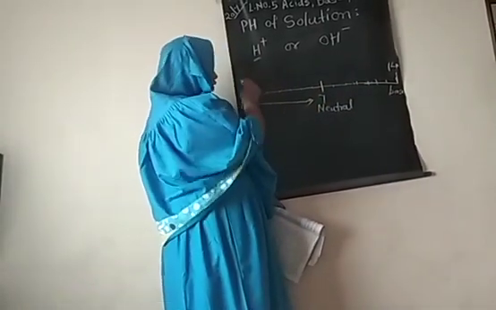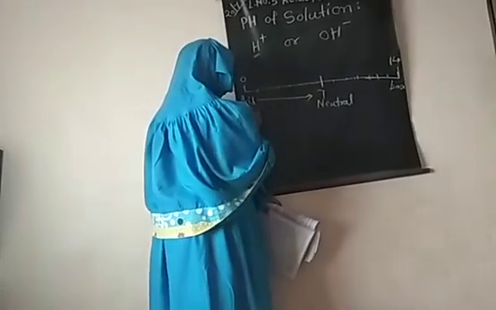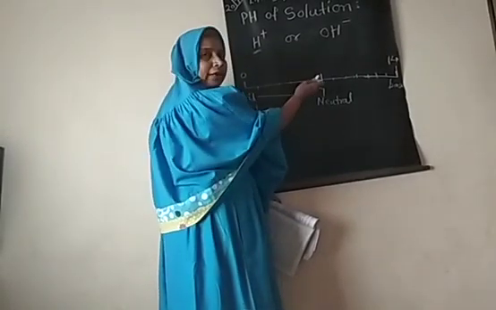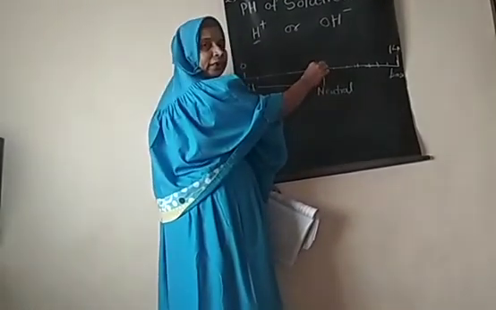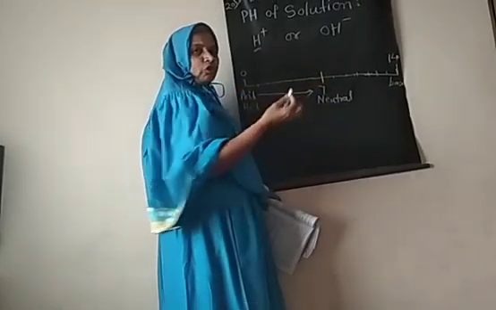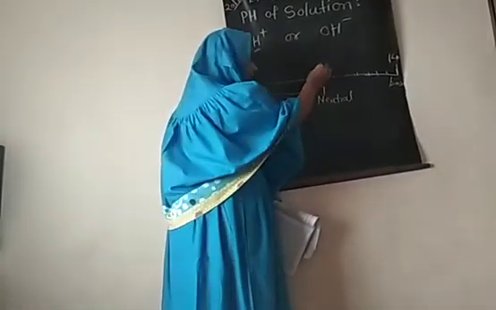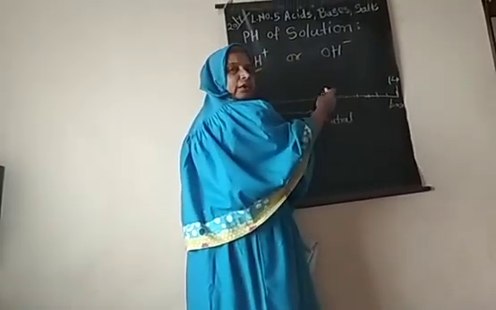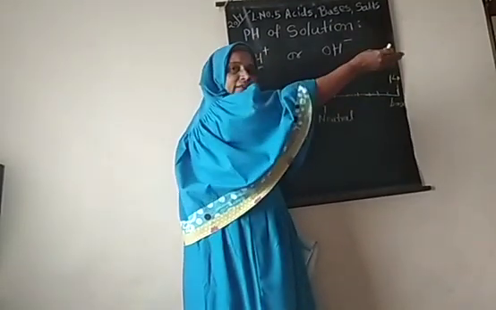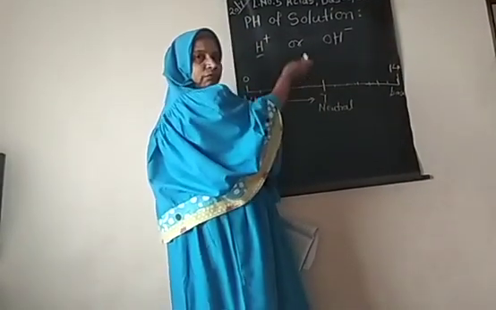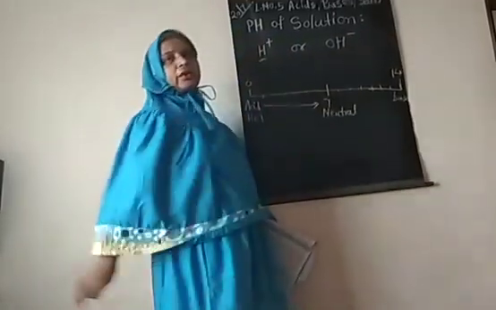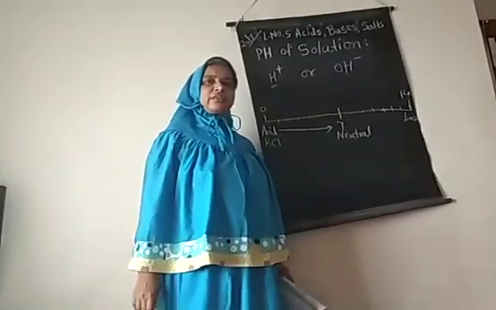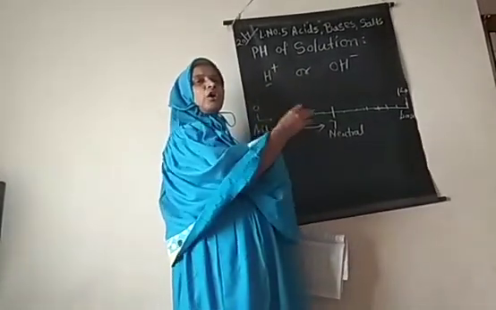On this side, for 0 value, HCl is concentrated, and then it goes on to dilute form till here, 6.9. It shows a very dilute one, and at 7 it shows the neutral value. In the same way, from 7.1 the basicity goes on increasing. Here acidity goes on decreasing, while here basicity goes on increasing. So with the help of the pH value, we can decide the nature of acid or base.